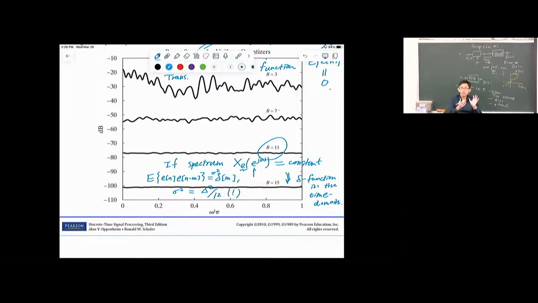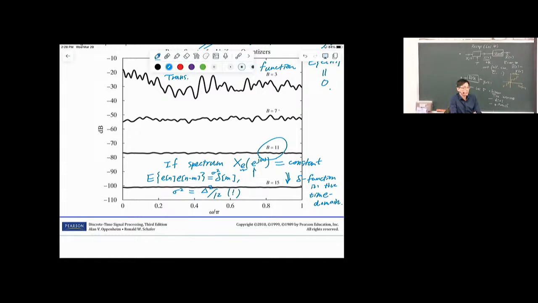Is that too fast? If you shift the signal a bit and then calculate the expected value of the product, and if the answer is 0, that means the signal itself is uncorrelated when you shift it. Even when you shift the signal by just one sample, it is entirely uncorrelated. Every sample is uncorrelated to the next sample. Okay? So white noise needs to be